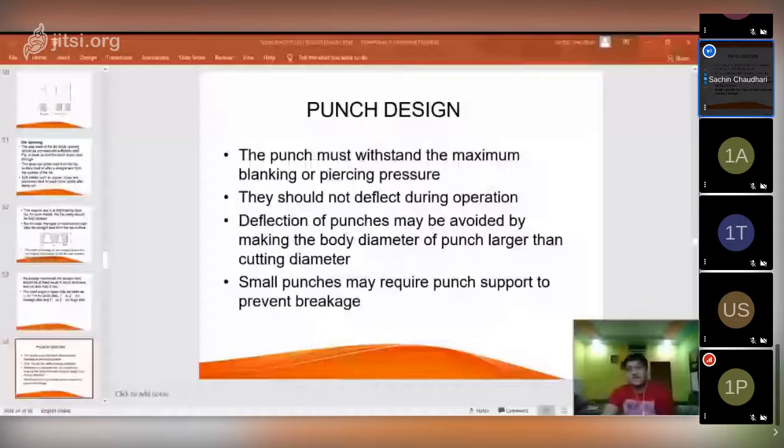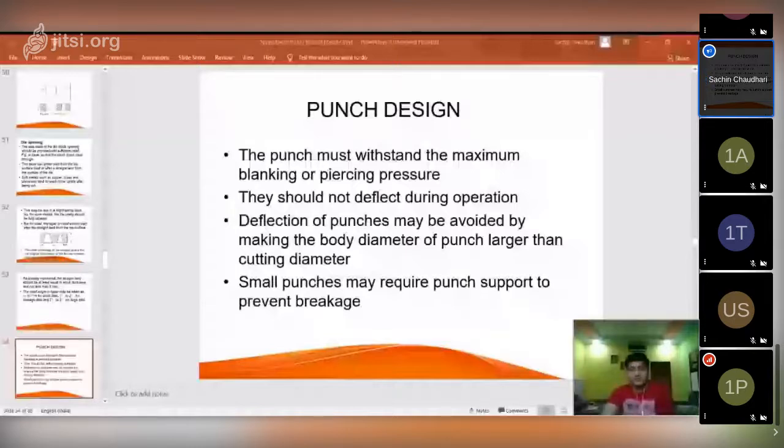So whatever your punch, either it is circular, rectangular or any desired shape, it should be provided with the wide flange or a shoulder, and it is provided to facilitate its mounting into the proper punch holder, and it helps to prevent its deflection under the impact loading or your general loading.